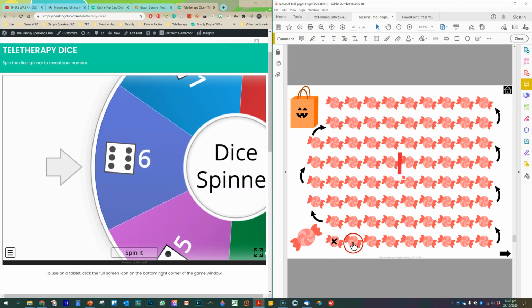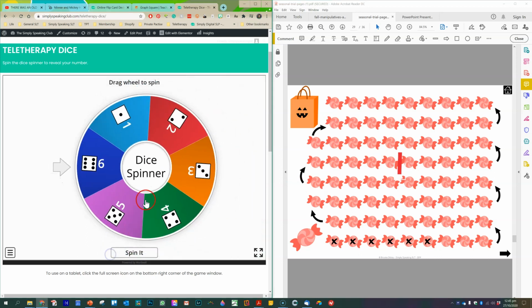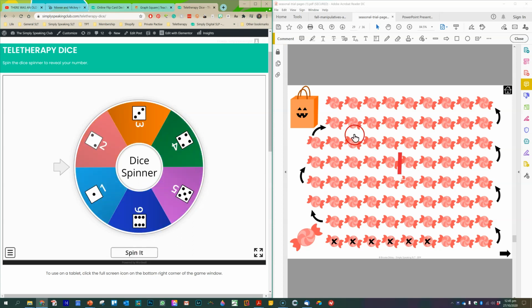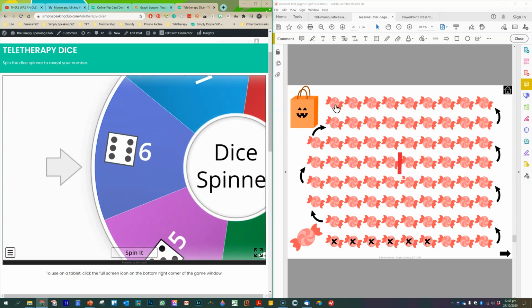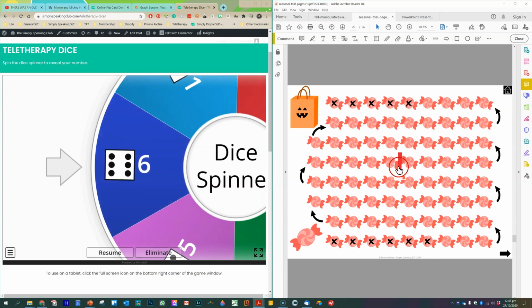And then I can go 1, 2, 3, 4, 5, 6, and each time I'm saying my speech words. So this is to help you get in a bunch of trials. And so then the next person can have their turn, and then they might work from up here, and then they got 6 as well. So you could see who could get to the middle first, or you could just use this as trials, like